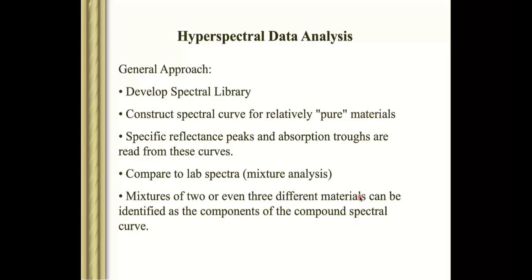So what do genetic library people do? They try to get a particular important DNA from either a plant or a human, and they try to make a library, like you do with books. So what we do in hyperspectral data analysis is, first, we need to develop a spectral library.